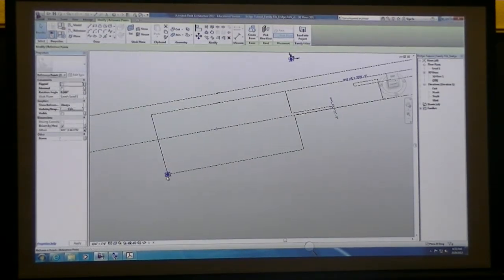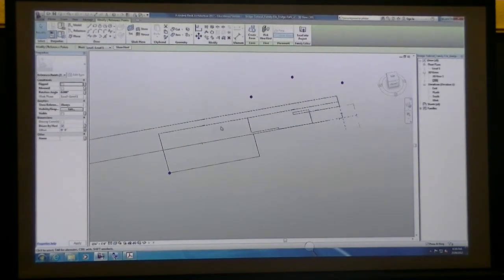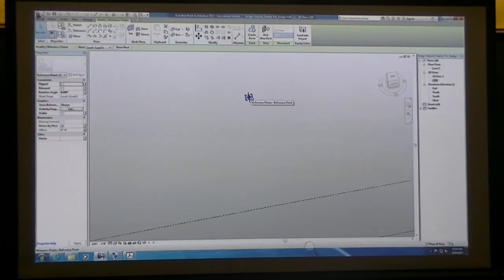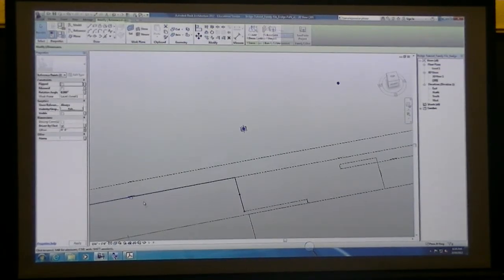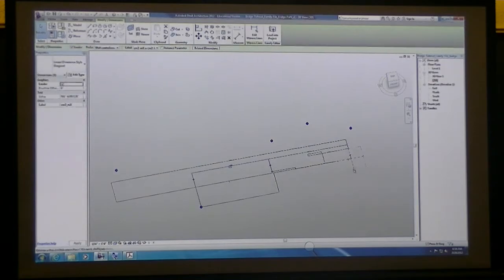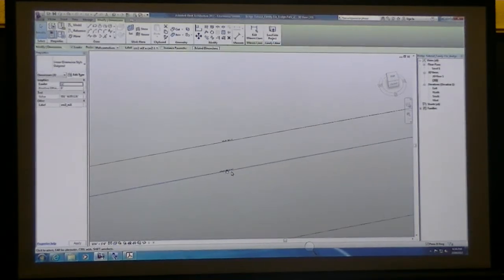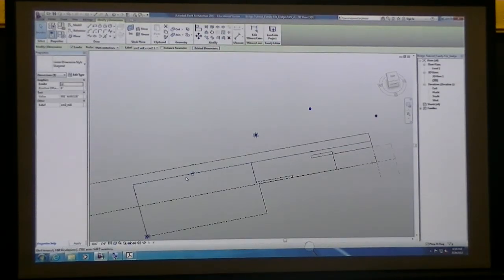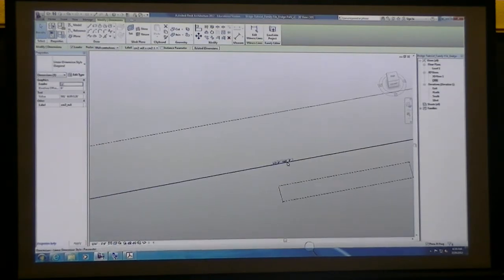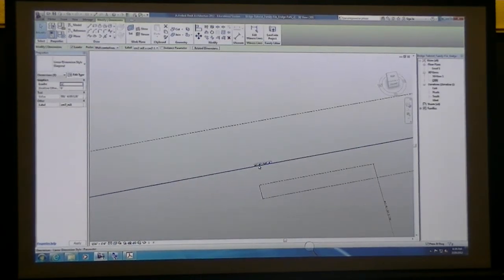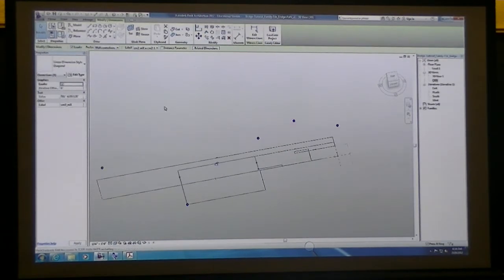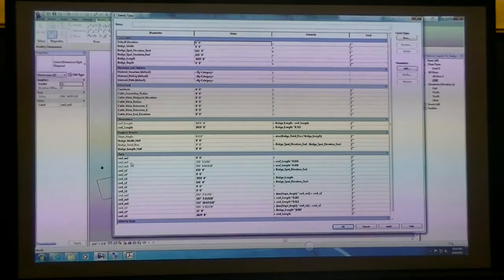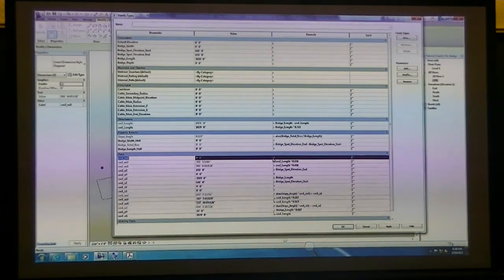Now this next point, the very last one, is going to have an additional parameter to add in, because if you remember, this point is relative to this other dimension. If we look at the dimension string, it's not coming all the way from the 0 plane. So we've got a curve 2 MX, and the overall length is going to be the curve 2 MX plus the curve 1 EX. So we're just kind of adding on to this dimension a little bit. If we go to curve 2 MZ,